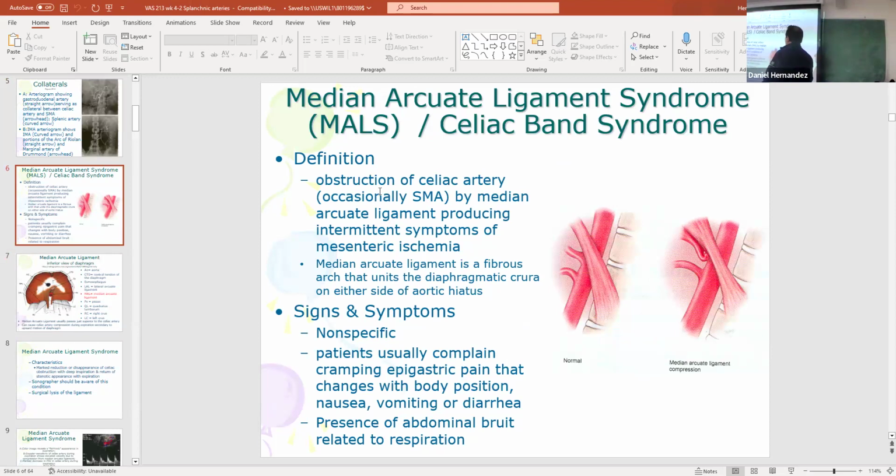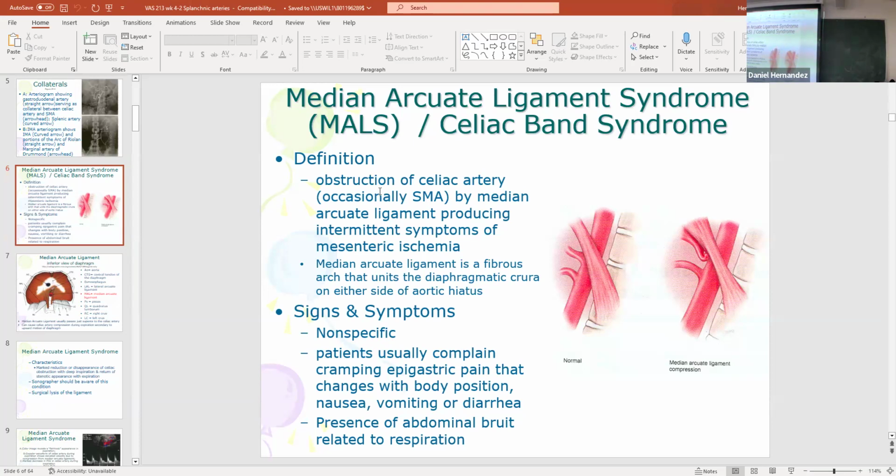So there is a condition referred to as MALS, median arcuate ligament syndrome. So you might see this abbreviation in some textbooks. MALS stands for median arcuate ligament syndrome. This can also be referred to as celiac band syndrome. So the definition of this condition, it's obstruction of the celiac artery. Occasionally it could be the SMA, but it's celiac artery by this median arcuate ligament, producing intermittent symptoms of mesenteric